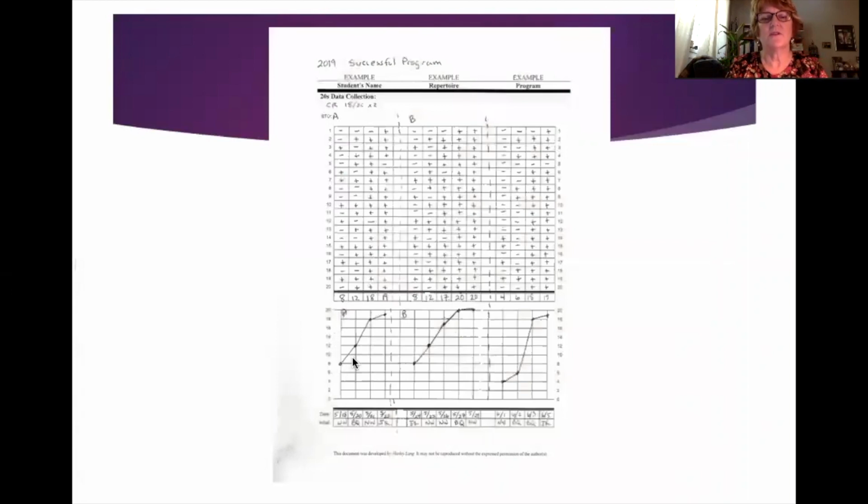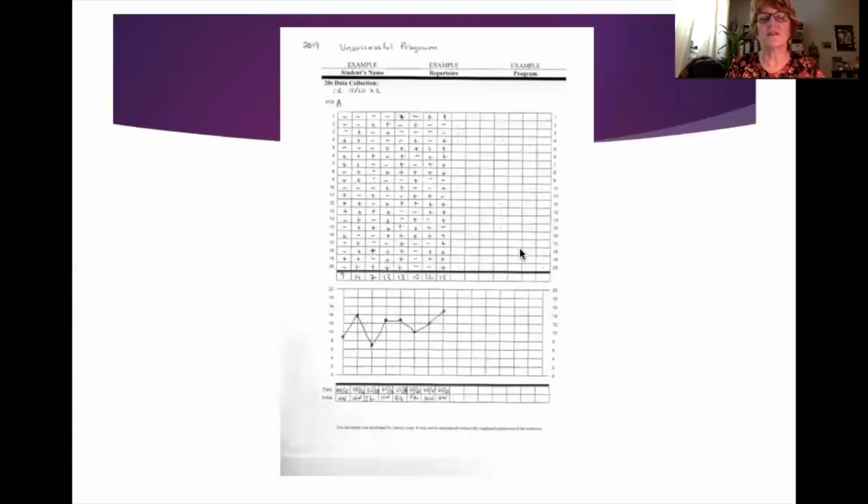New objective, quickly going up, mastering it. New objective, starting low again, quickly going up, mastering it. New objective, new short-term objective, starting low again. This is the sign of a very successful program. He's clearly learning something, because when you went up to the next objective, his data wasn't that high. And then he built up the ability to be able to do this. So that's the sign of a really, really good program.